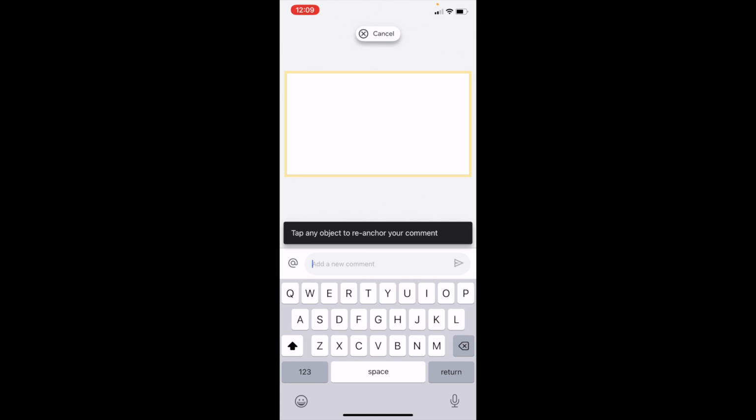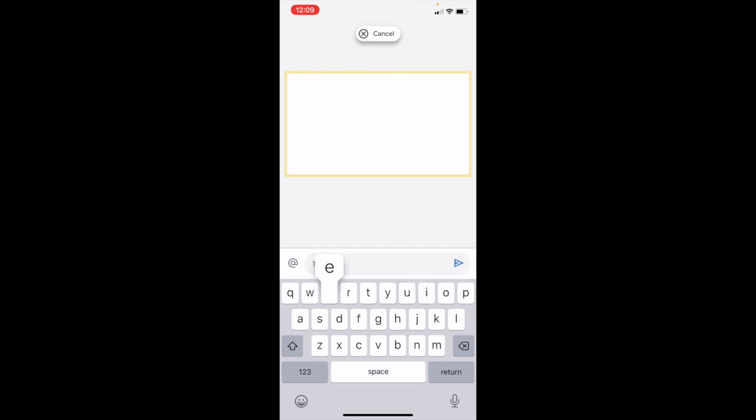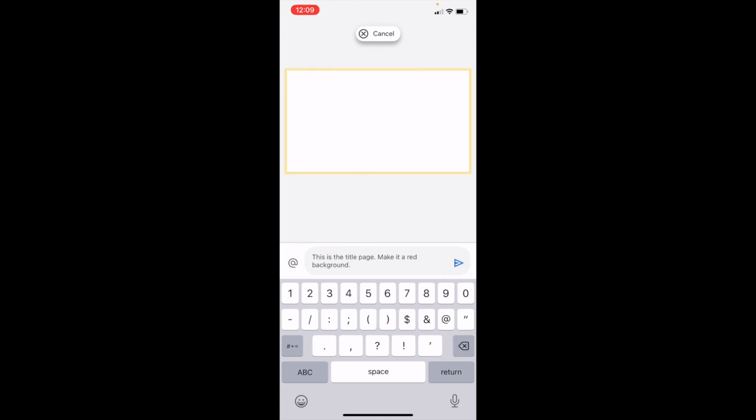So if you wanted to add a comment, we can say, for example, this is the title page, make it a red background, or whatever the comment may be. Once that is done, press on this arrow right here, this blue arrow at the right, press on that, and